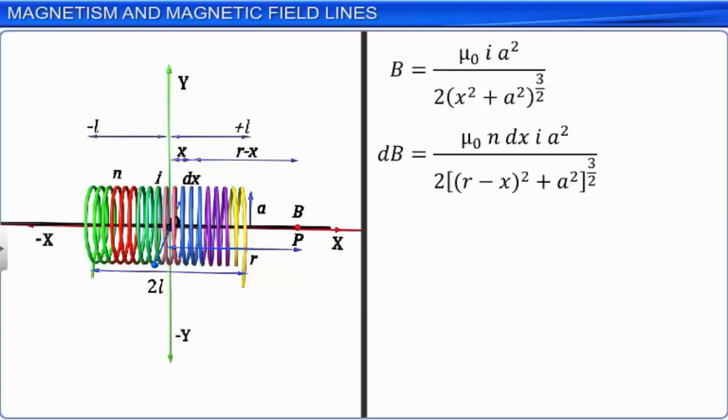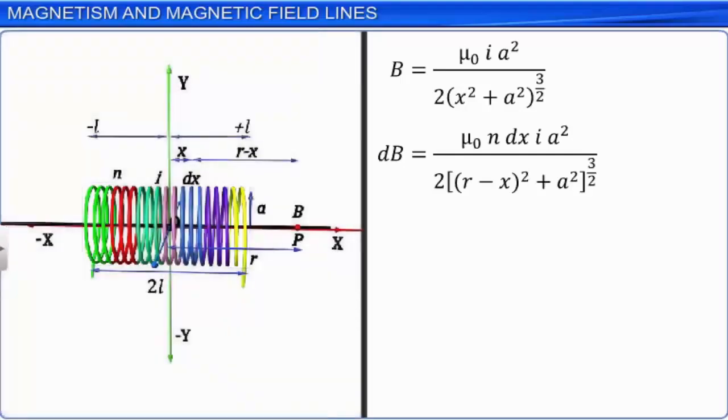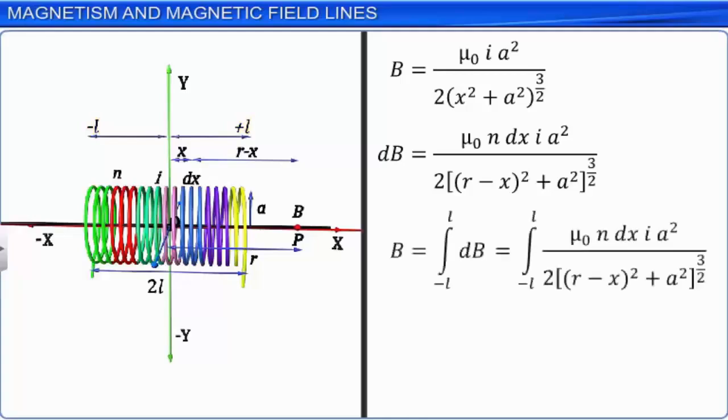And by integrating the magnetic inductions due to all the small elements, we get the total magnetic induction due to the solenoid. When we consider the small elements of the solenoid from one end to the other, the distance of the elements from the center of the solenoid varies from -L to L. Thus, the total magnetic induction at the point P due to the solenoid is B = ∫ from -L to L dB, which is equal to ∫ from -L to L